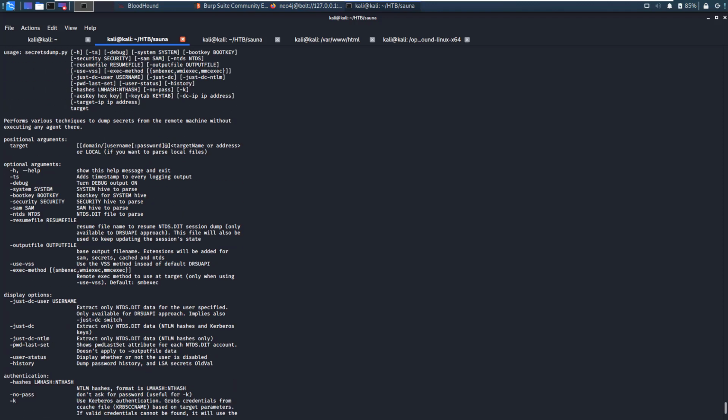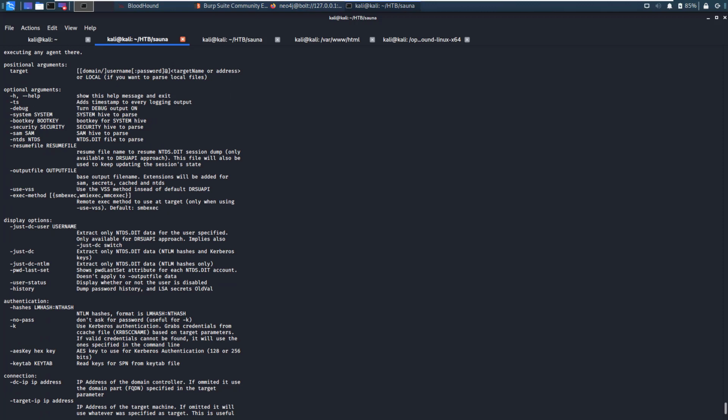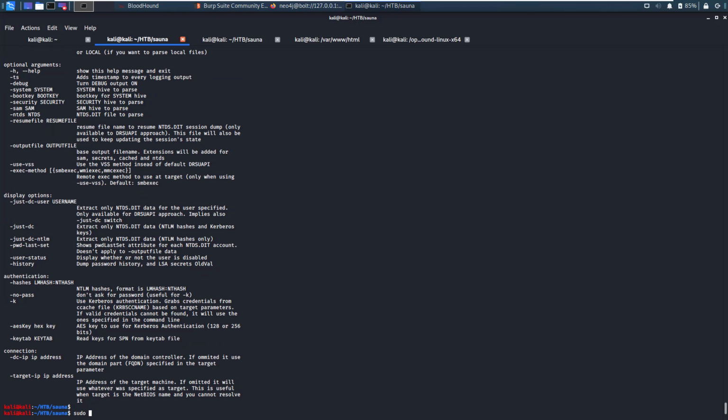Now you have the option for just DC, so extract only ntds.dit data. If you just want to pull out the hashes and the Kerberos keys, which is what I did, you can pull out just the NTLM keys by saying just DC NTLM. You can pull out just specific users, but I just dump the whole hash. So the easiest way to do that is sudo, and we'll do secretsdump again, and then we'll say just DC,